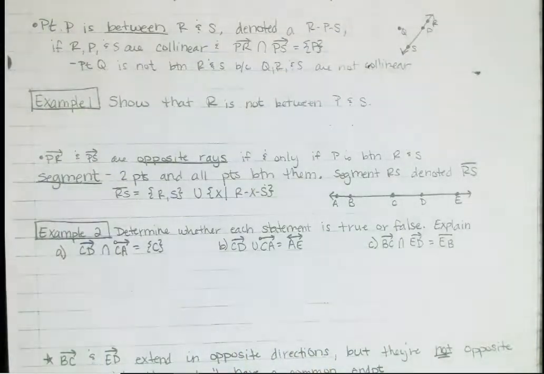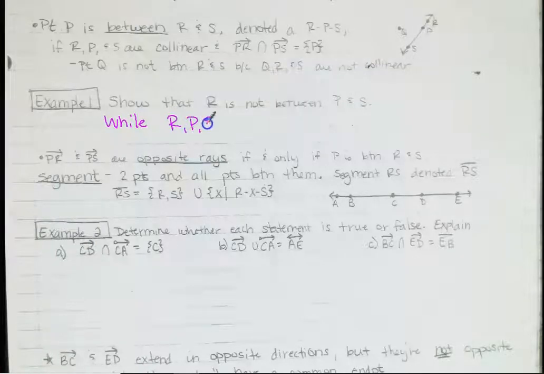But geometry and math in general, this textbook, this curriculum, really strives to point all of that stuff out. So, example 1, it says, show that R is not between P and S. How would we show that R is not between P and S? So we're just going to write a sentence here. We need to think about, are they collinear first of all? So yes, they are. So while R, P, and S are collinear, while they are collinear, we could say